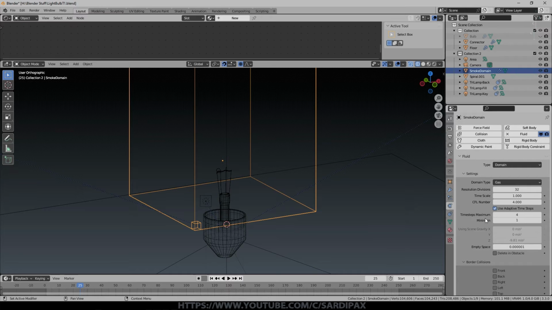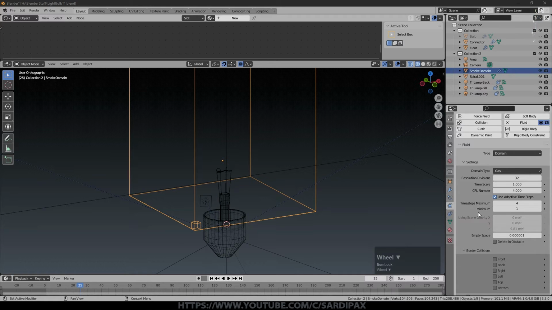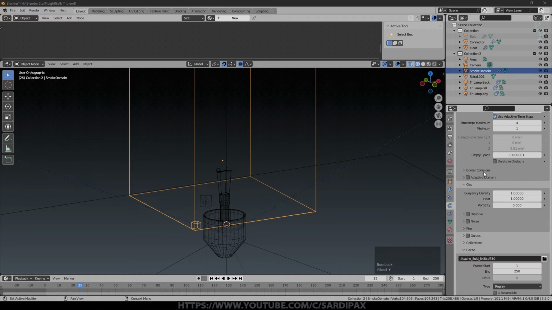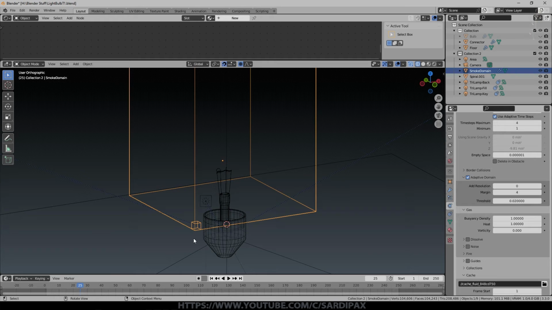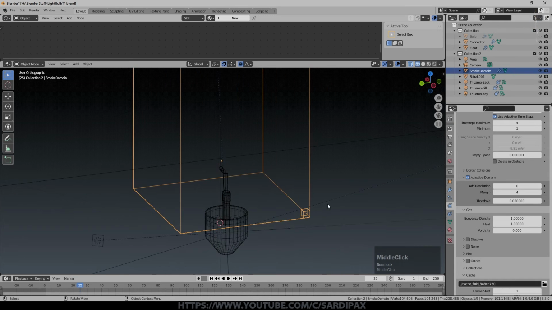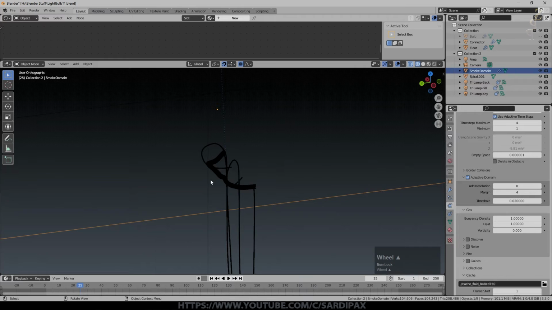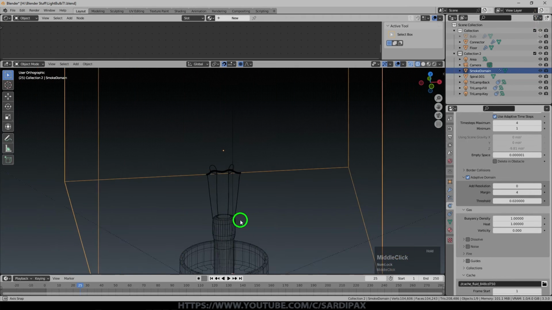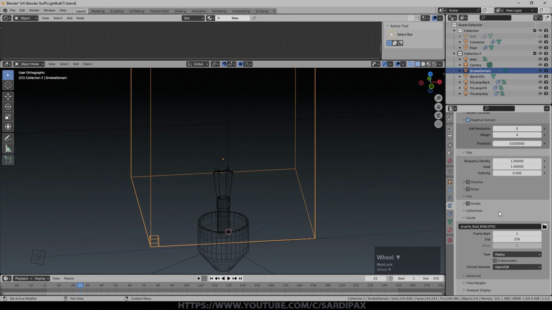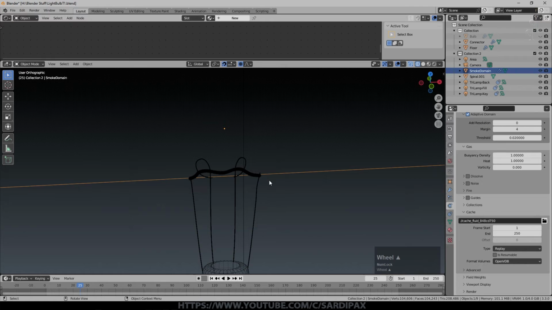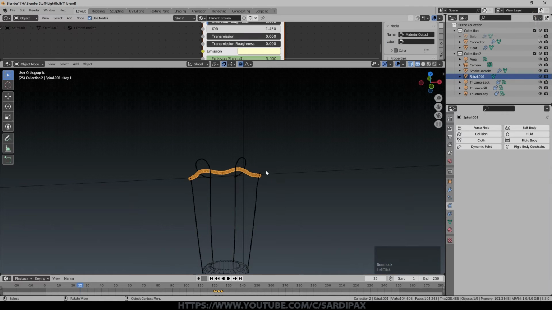Currently on low resolution. Most of the defaults will be fine. We will make some tweaks. It's worth turning on adaptive domain, which will basically make the domain only big enough up to the maximum limit of its original size, only as big as it needs to be. So you can see this little cube down here, and that's showing us the effective resolution of the smoke. And you'll notice it's a lot bigger than our little filament. So I suspect we're not going to get any smoke at the moment. But we need to make an inflow first anyway, and this mesh is now going to be our smoke inflow.